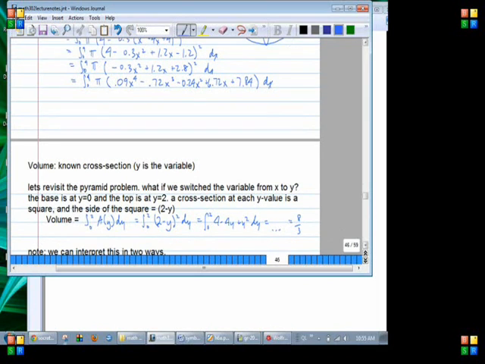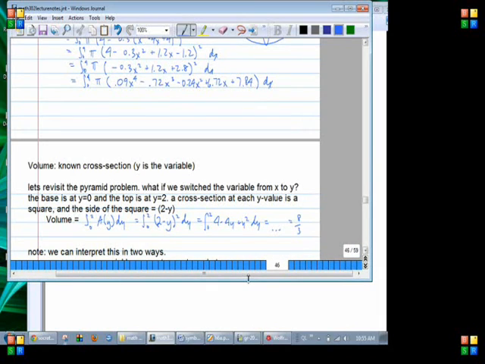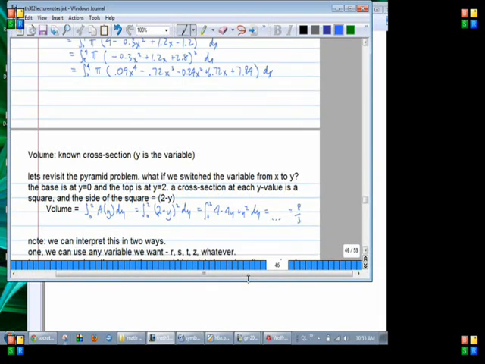Okay. So the fact that I've replaced x's with y's, we can interpret this in two different ways. Number one, you can write this in any way you like. You could say, let's say the base is at r equals 0 and the top is at r equals 2. We can just write everything using the variable r or z or whatever you like. And we know that just changing a letter from one thing to another doesn't change the problem. We do everything the exact same way. So one way to interpret this is just say you can use whatever letter you want. It doesn't matter. But there's another interesting way,